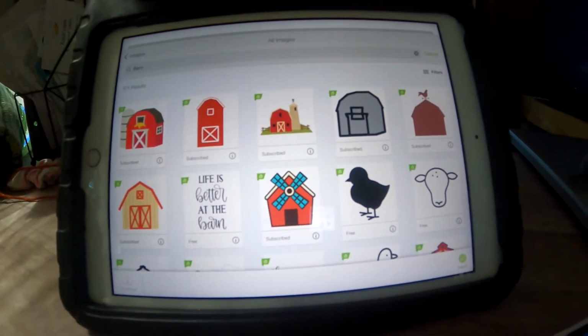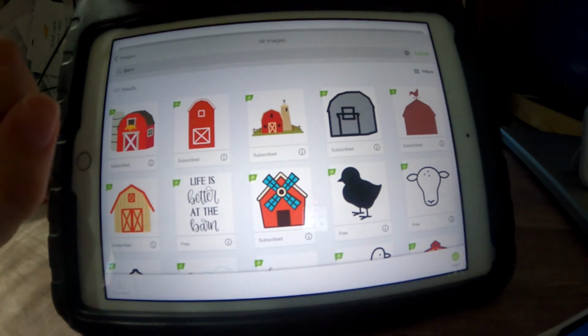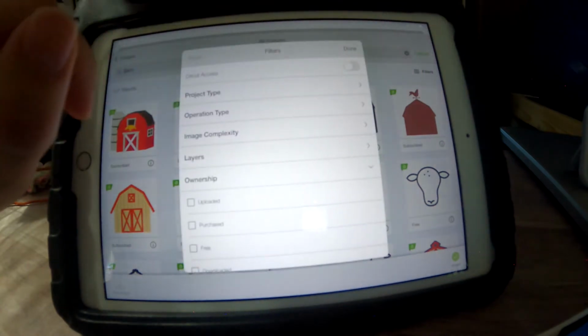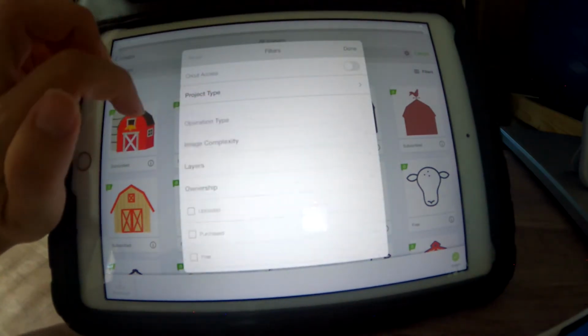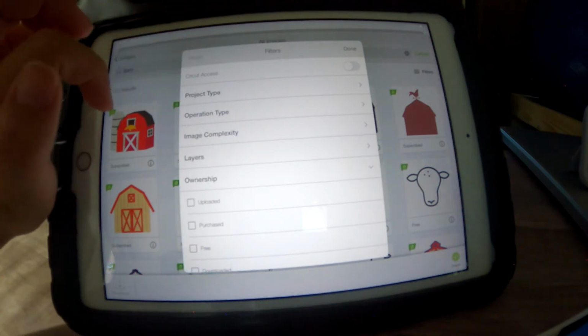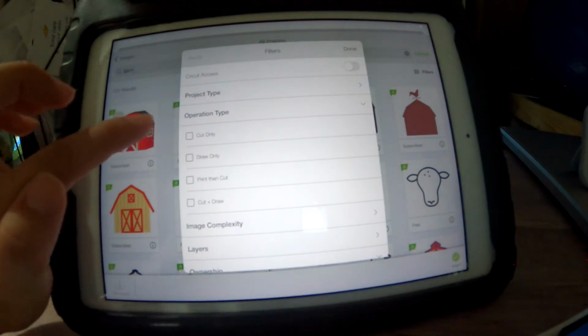Alright, reorganizing here. Okay, so barn. So filter here. Let me see. Not project type. I never actually use that one, so I'm going to ignore it. There we go. Operation type. So I want images that are